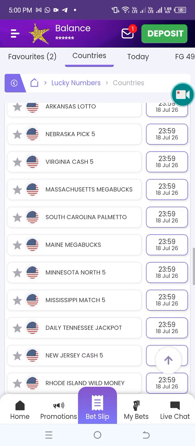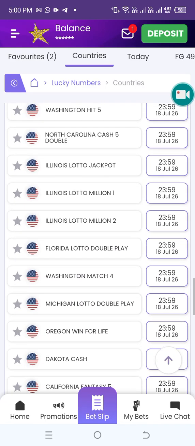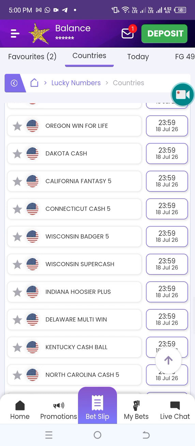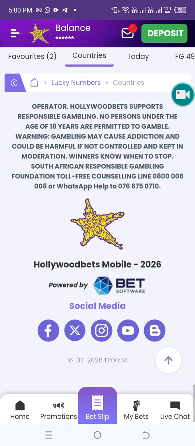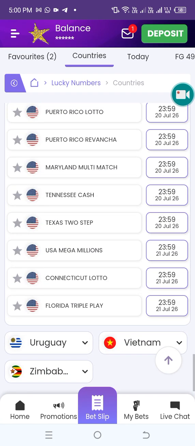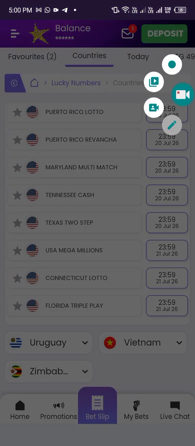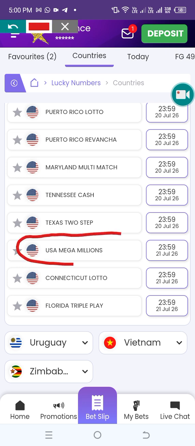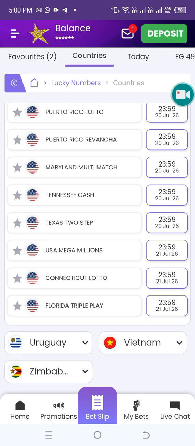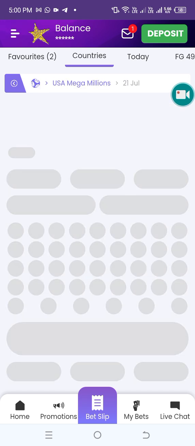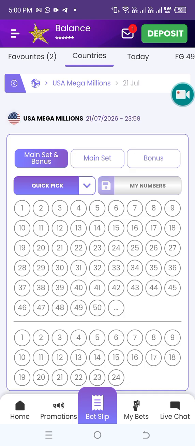Where is it? USA Mega Millions. It's called USA Mega Millions, so you can find it at the end because it's not time yet for it to play. It's going to play on a Tuesday. USA Mega Millions will play on the 21st of July. You will click on it. So in case you are looking for a lotto which is not going to play the same day, you click on lucky numbers, you check the country. After checking the country, then